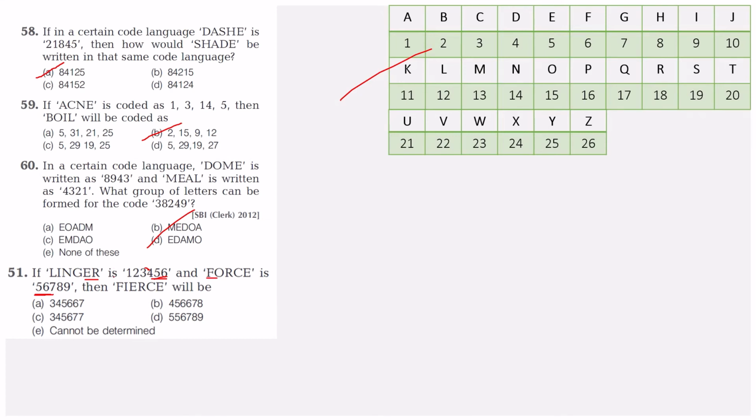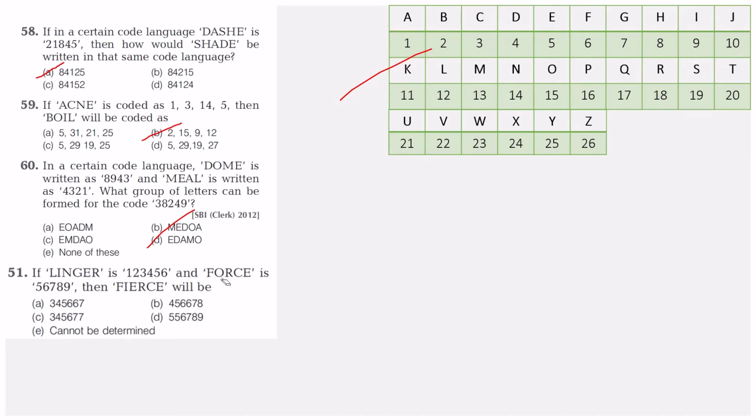And one more thing also, ER are included in FORCE. And that doesn't work because we have to justify 1 2 3 4 if you just go with that. I mean, the 1 2 3 4 is not over here. Okay, let me do one thing. I got one idea or one plan.